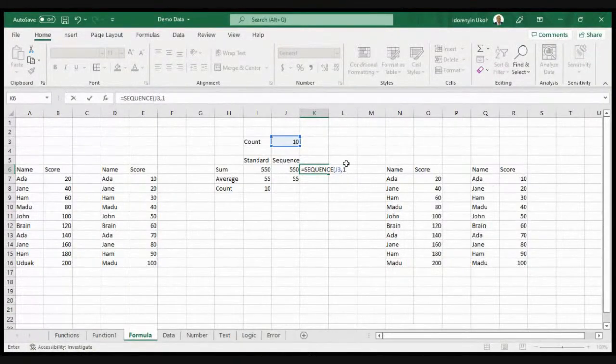One, and step of 10. It's going to give me a column actually.